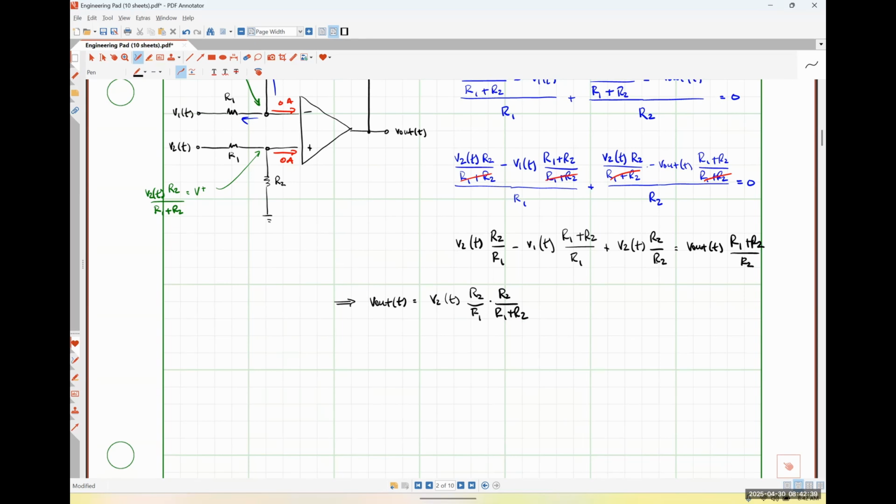I'm going to go ahead and add this second V2 term in. So plus V2 times R2 over R2 times R2 over R1 plus R2